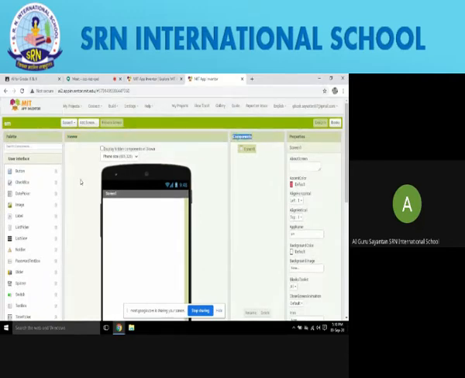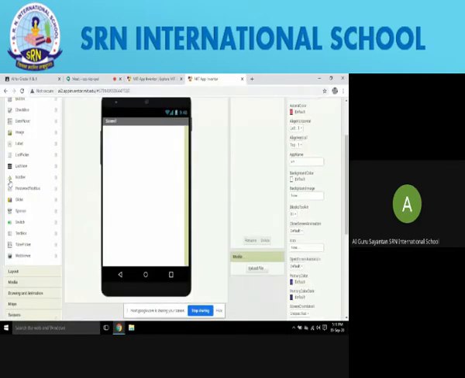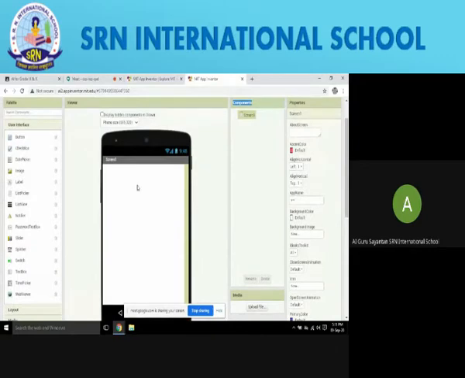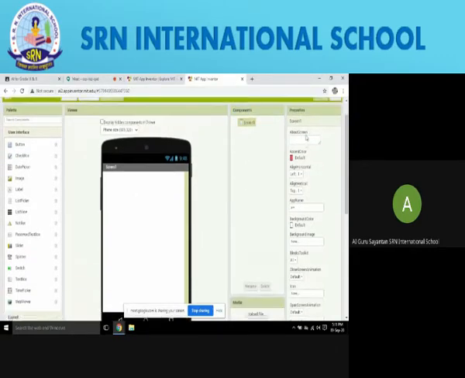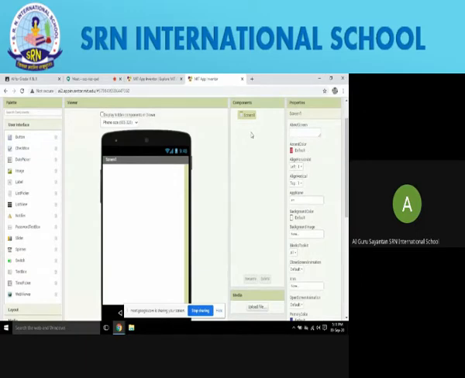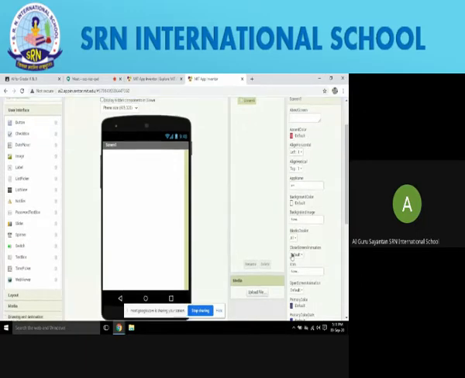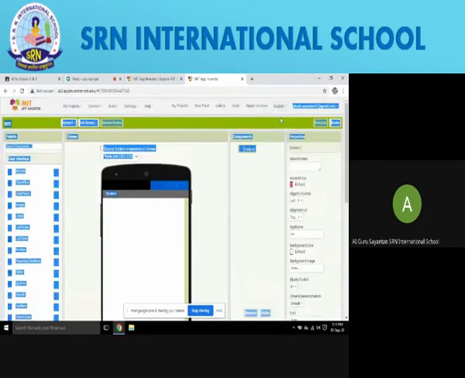Components is the place where whatever thing you are using for your current project will be shown. In the palette, everything is there, but whatever you are using for your current project will come in the components. In the properties, whatever component you are using, its properties will be shown over here.